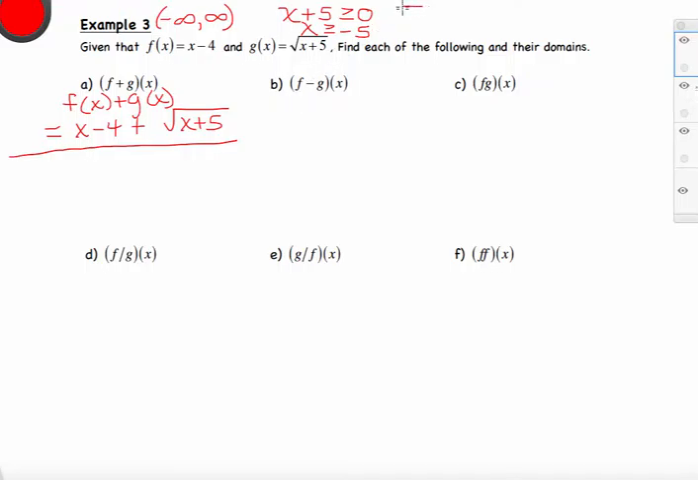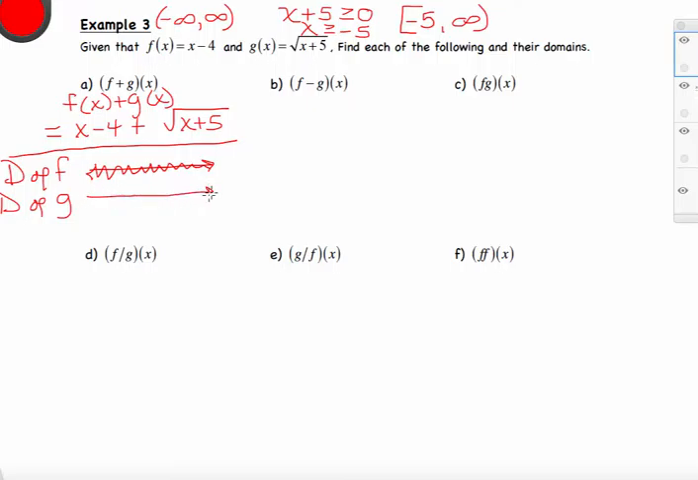And the domain written in interval notation would be negative 5, including with a bracket, all the way up to infinity. And so we want the intersection of both of those domains. And I'm just going to write it out graphically for you for example 3a so you can see that visual. The domain of f is the entire number line. It's all real numbers. But the domain of g only goes from negative 5 up to infinity. And so you need the intersection of both of those